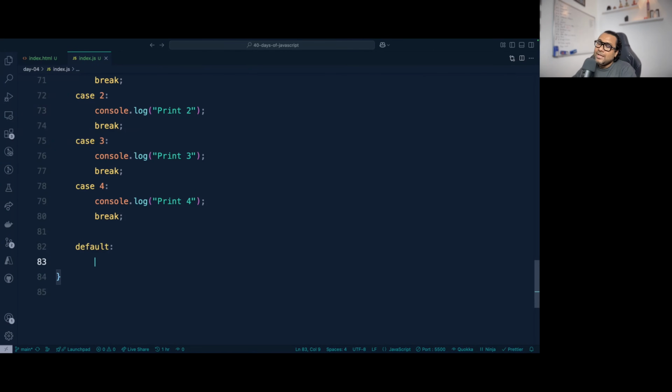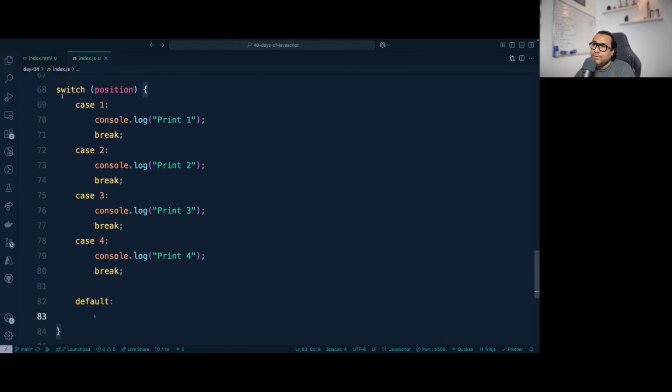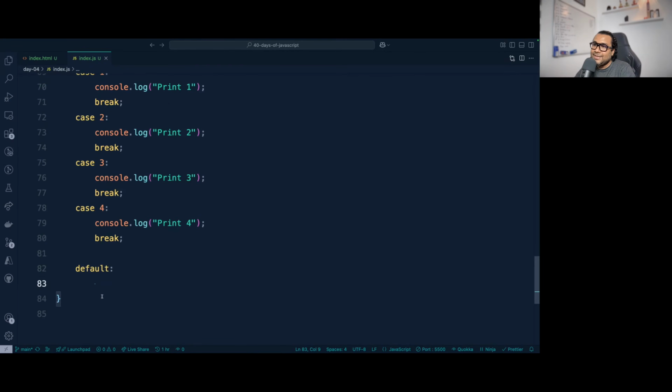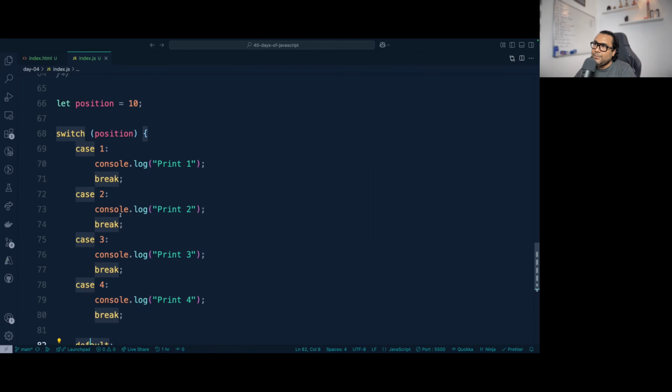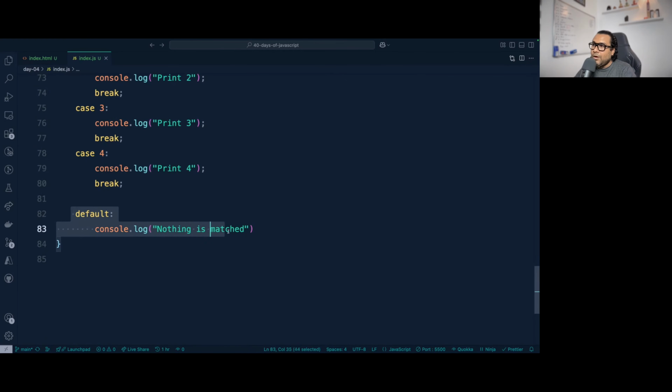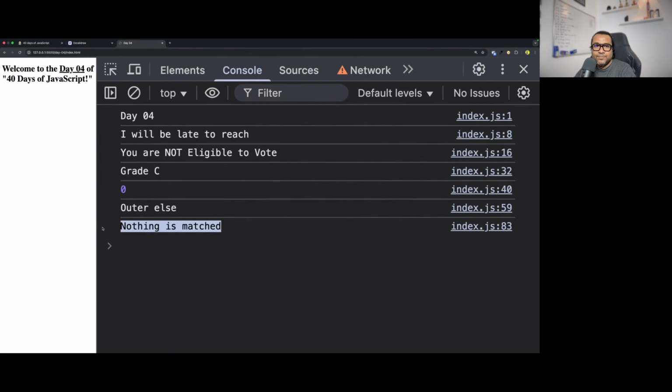The default fallback for this switch case is this section of the code, where I can write console.log nothing is matched. If I put a value of 10, case 1 won't match, case 2 won't match, case 3 won't match, case 4 won't match. So the default will be the one that will be executed. Now I will get nothing is matched.